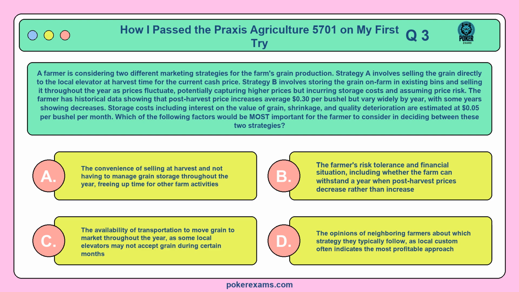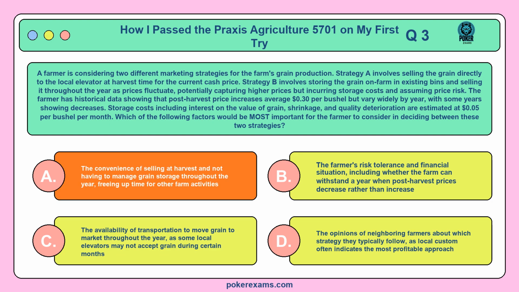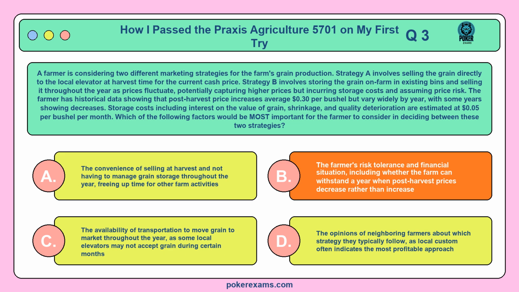Which of the following factors would be most important for the farmer to consider in deciding between these two strategies? Is it Option A, the convenience of selling at harvest and not having to manage grain storage throughout the year, freeing up time for other farm activities? B, the farmer's risk tolerance and financial situation, including whether the farm can withstand a year when post-harvest prices decrease